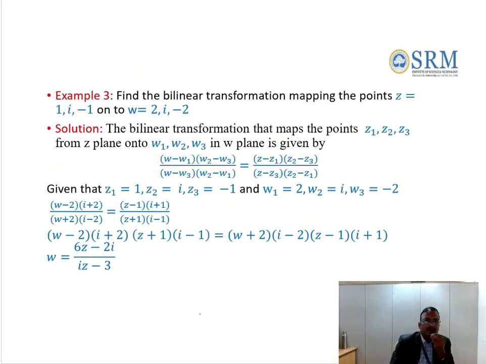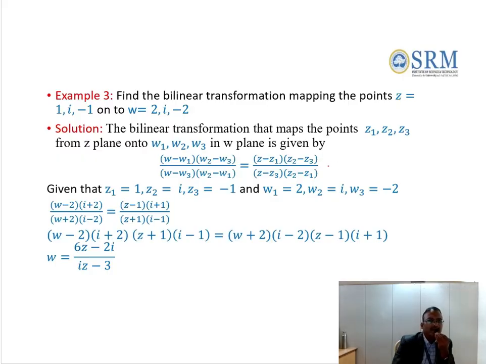Let us see one or two examples related to the bilinear transformation. Find the bilinear transformation that maps the points z equal to 1, i, minus 1 onto w equal to 2, i, minus 2. Okay, now there are 3 points in the z plane given. Similarly, there are 3 points in the w plane given. Now by using the previous theorem,